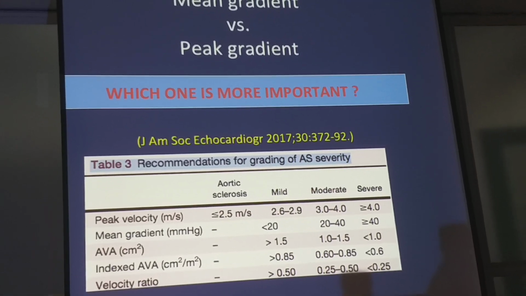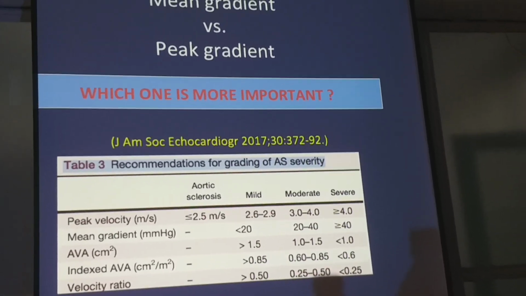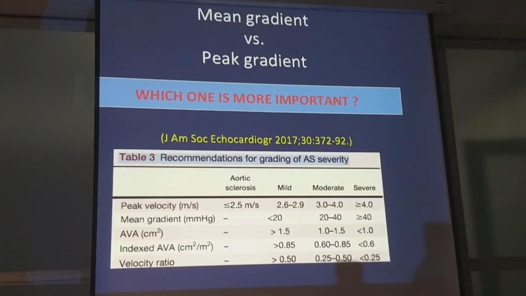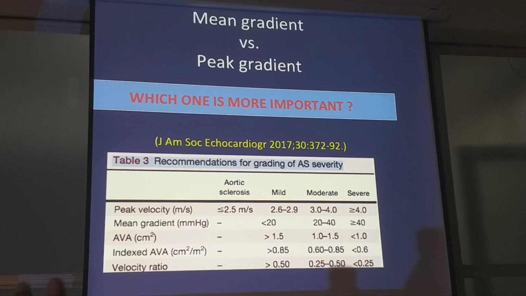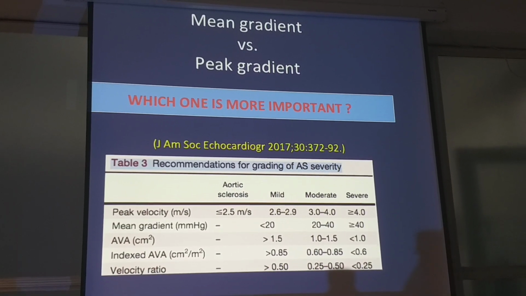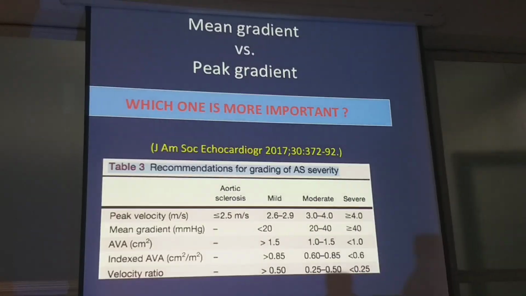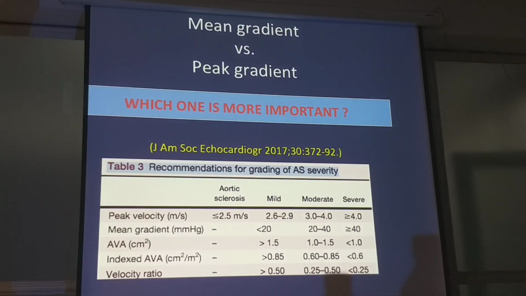What about the normal as well as bicuspid? Yes, they are similar. Normal velocity is 1.4 plus minus 0.4. So velocity-wise, the velocity should be less than